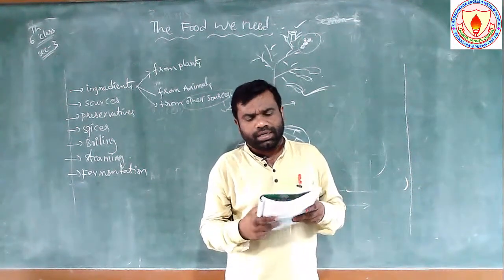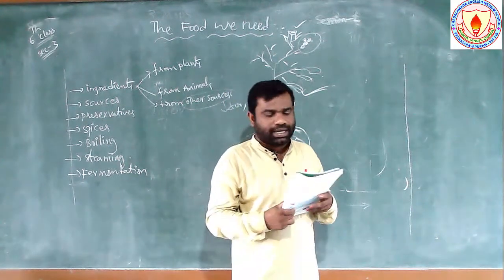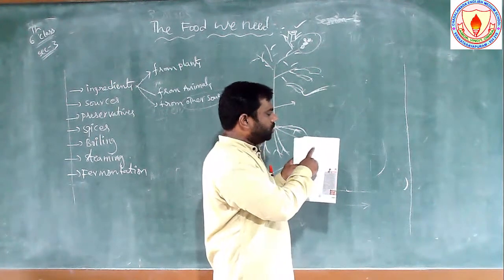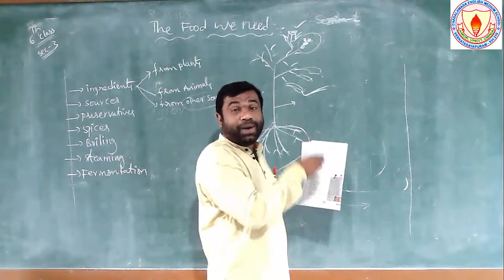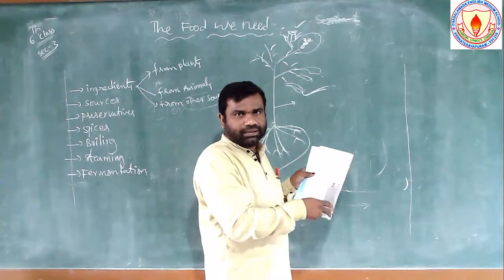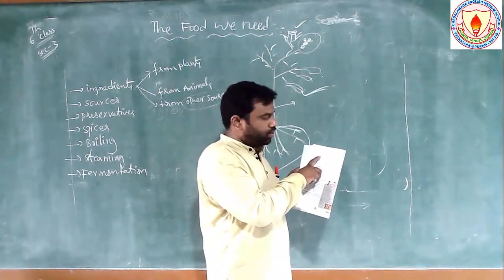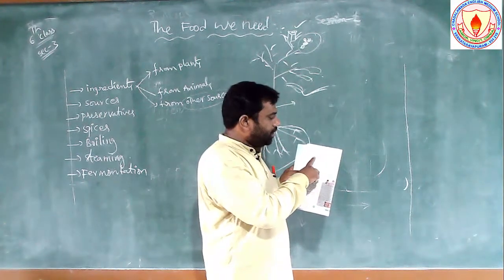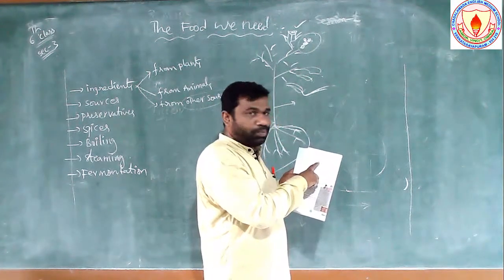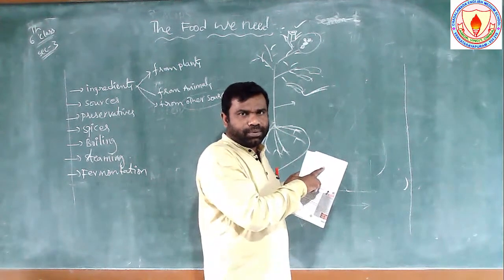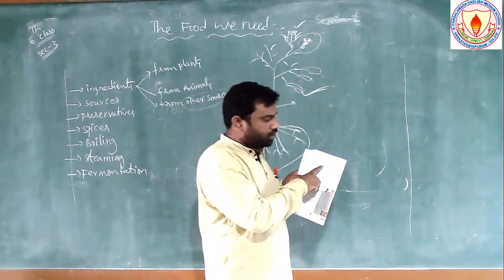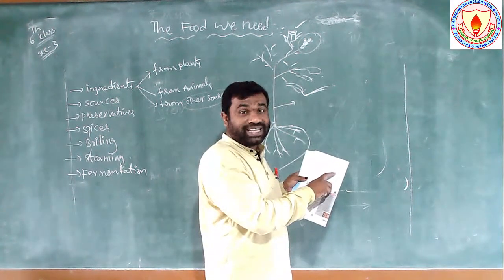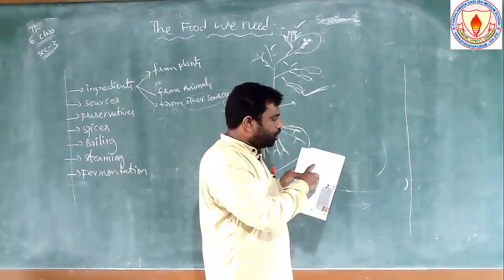Next, 6th page number. There is one table, name of the plant and part. See, you have to fill that. Mango, it is one type of fruit. What is the part of the plant we are taking? Yes, mango is a fruit. You have to write fruit, already written there. And mint, nothing but pudina, leaves of the pudina plant. So leaves. Sugarcane is one type of stem. You have to write stem.